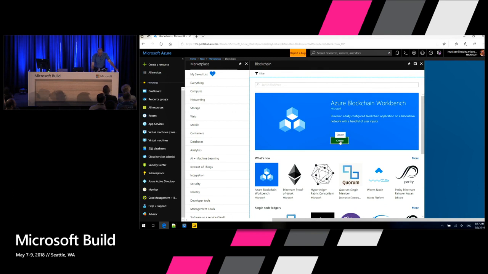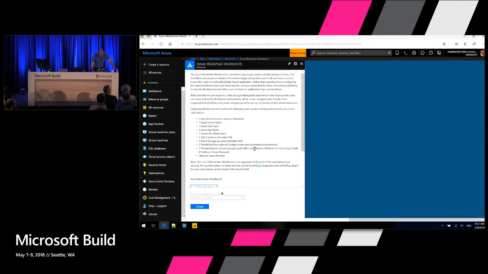So I'll go ahead and click Create. And you can see you get a variety of Azure resources. We believe that many blockchain applications that get built are going to look different from each other. And so we don't think you should end up with one monolithic thing, which is your blockchain application. We think it's better if you end up with a variety of Azure resources that are wired up and talk to each other in a pattern that we would recommend. And then you can go from there, and you can change all of these things as you see fit.